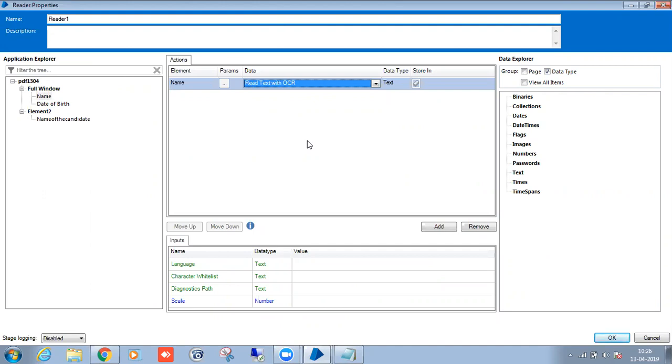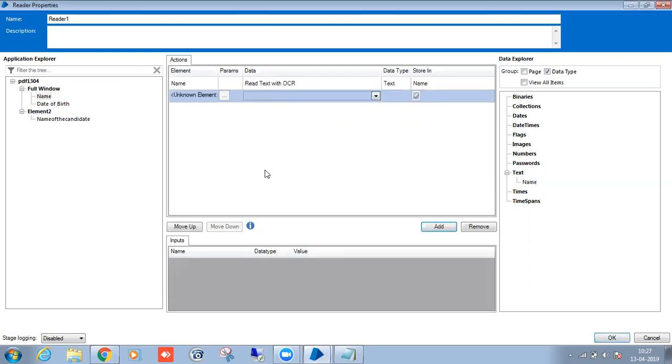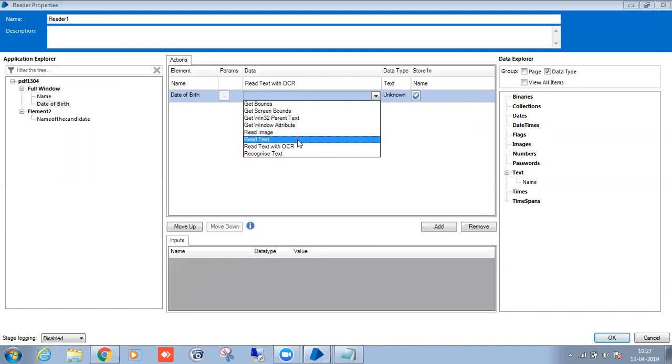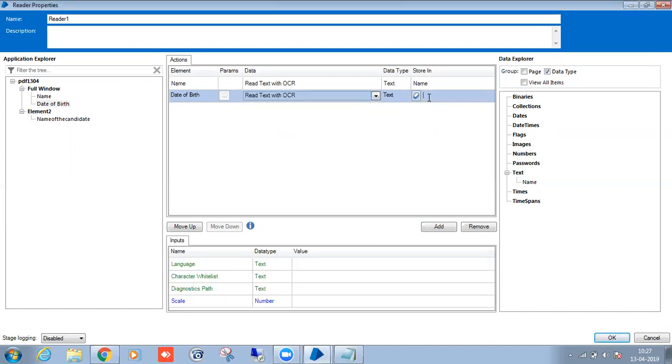Image to text conversion can be done by using the OCR technique. This is the name. Date of birth.